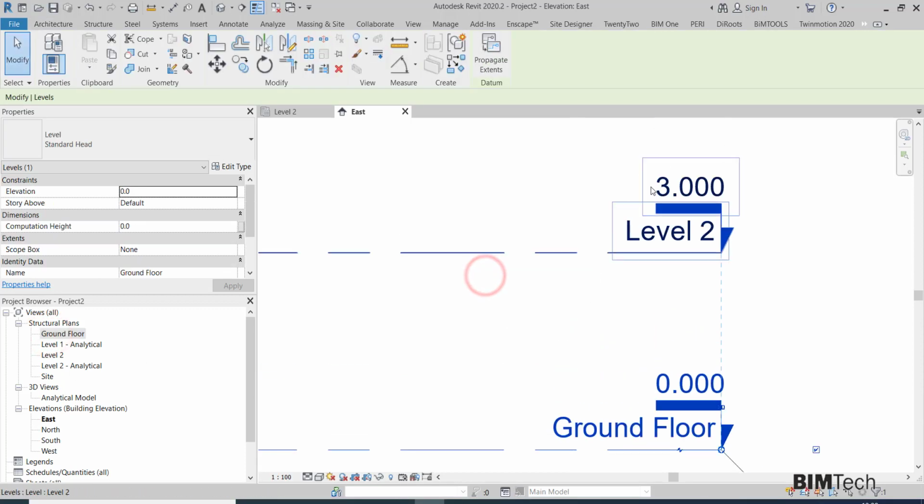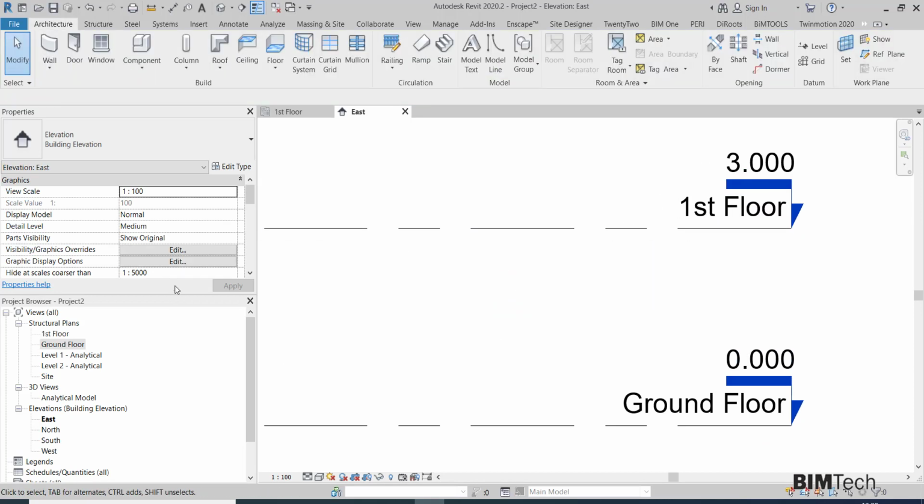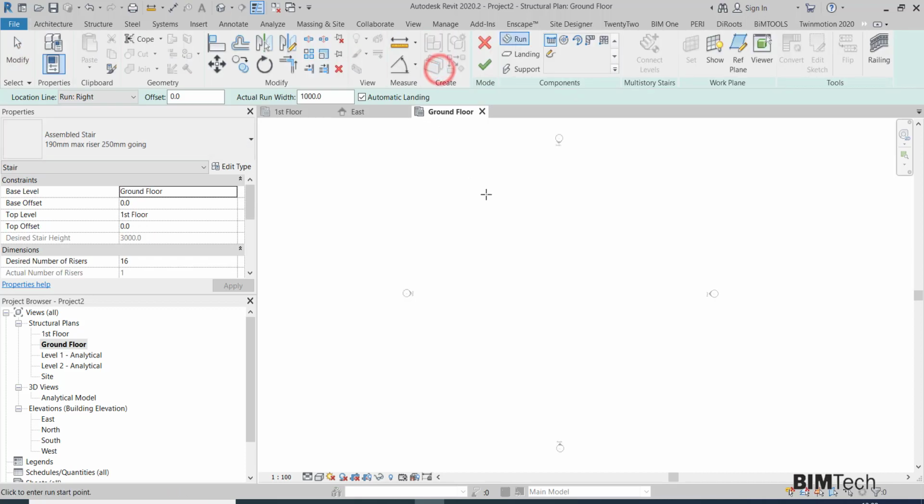So we'll change this level 2 to first floor, and yes, now we'll go to ground floor and we'll click on the staircase under circulation panel under architecture tab. So click on the staircase or stair command, and